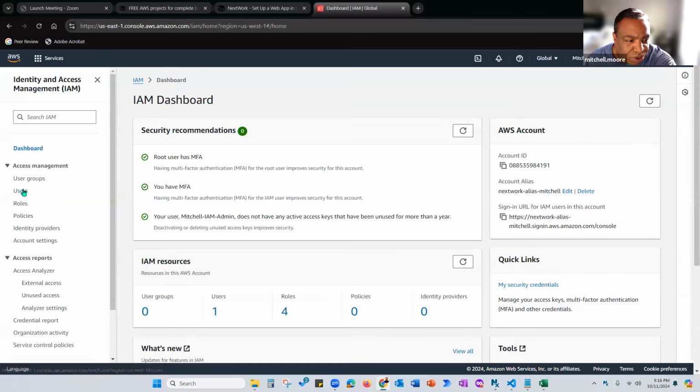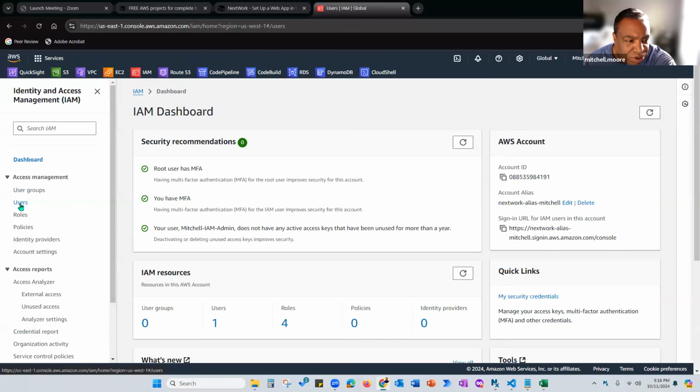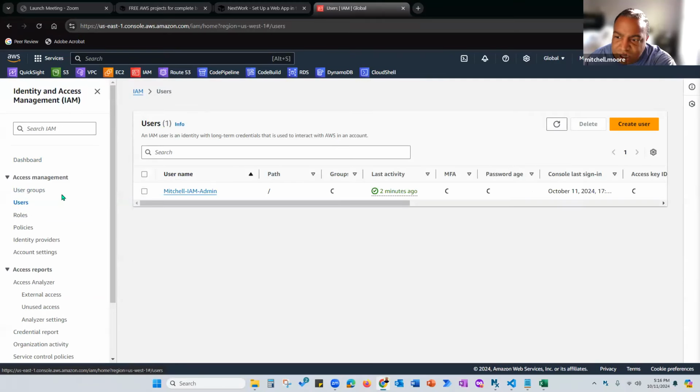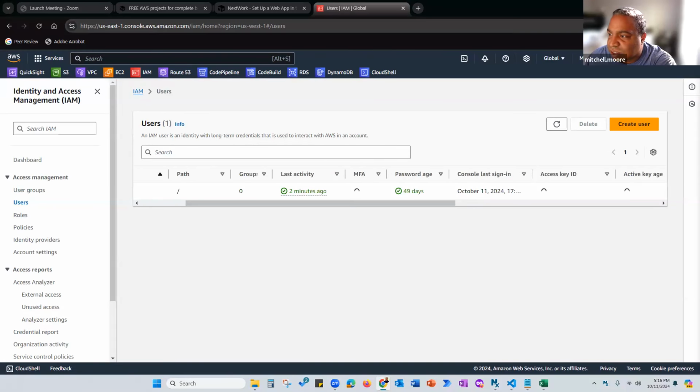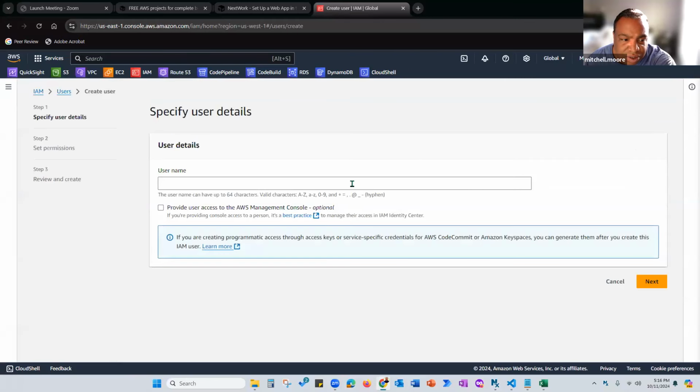And then go to users, and then create a user, and then